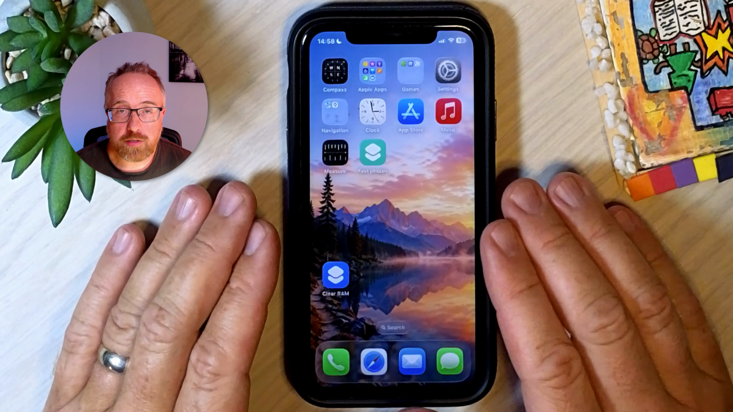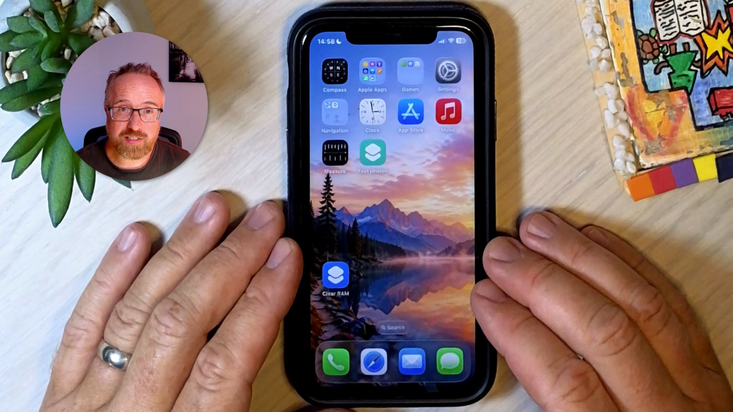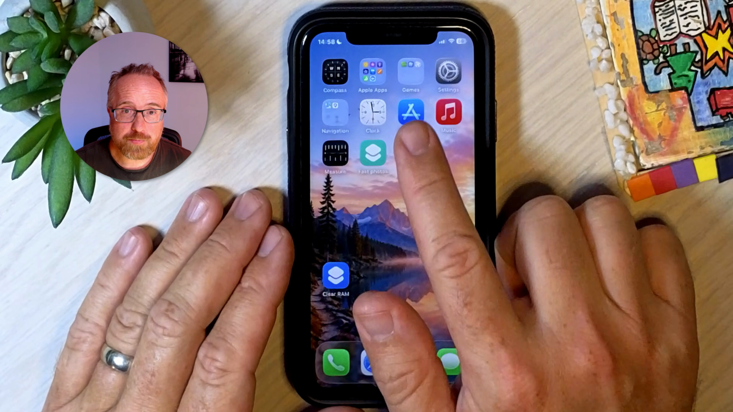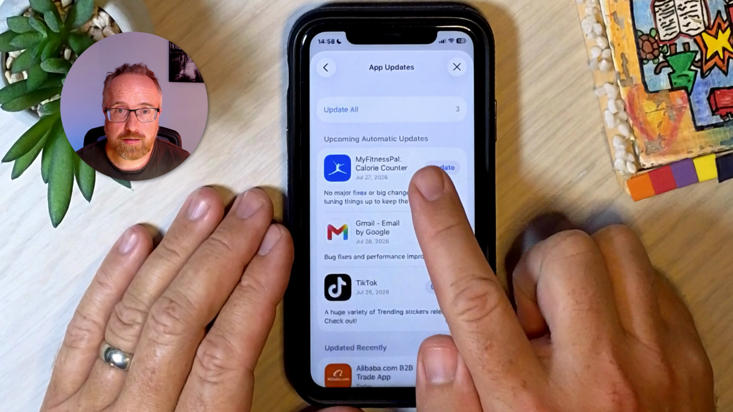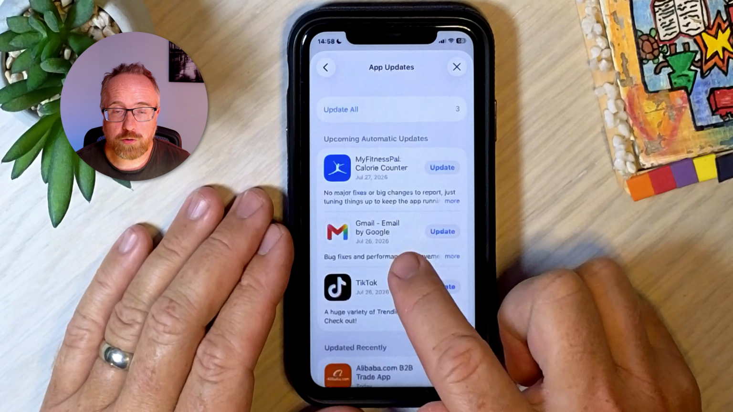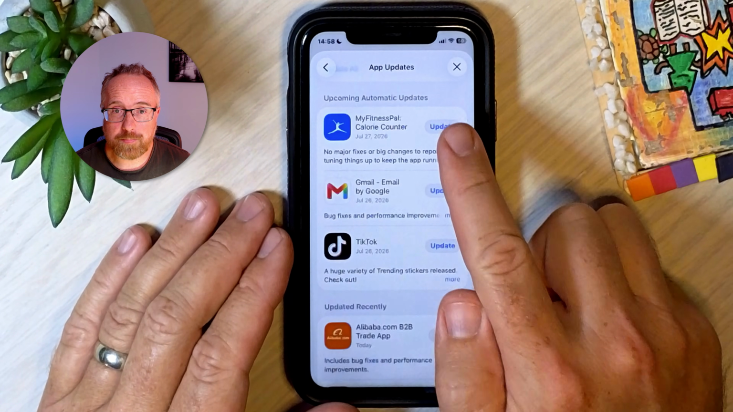If you want to manually update all the apps on your phone at once, it's really simple. Go to the App Store, tap on your profile image, tap on App Updates, and then tap on Update All. Or if you don't want all per se, you can just tap on Update on the ones you want on